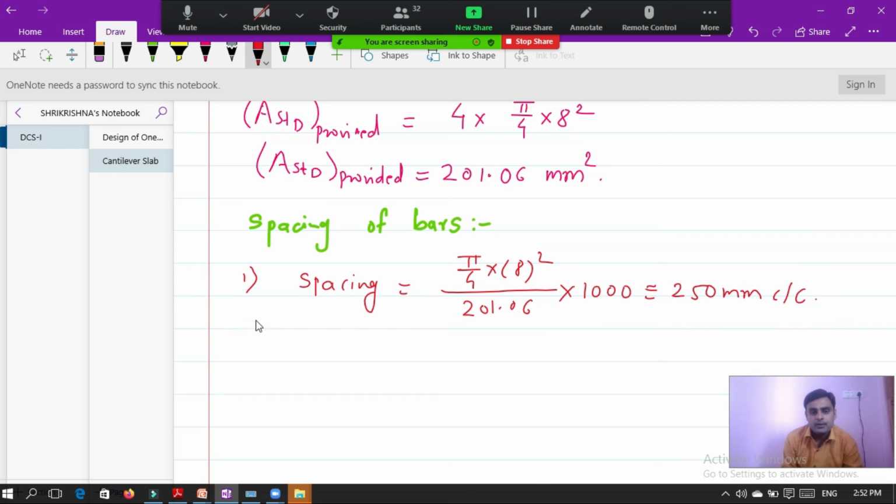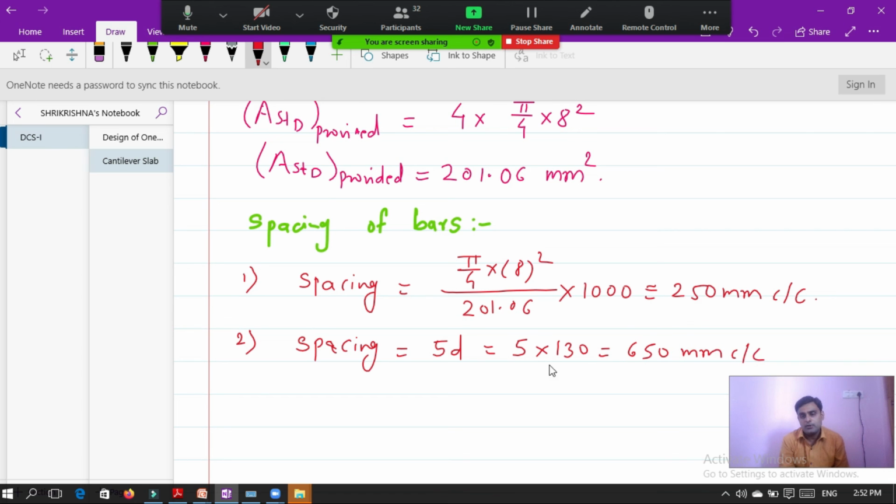Second case, what is the spacing for distribution steel? It is 5D. So 5 into D, where D is 130, gives 650 mm center to center.